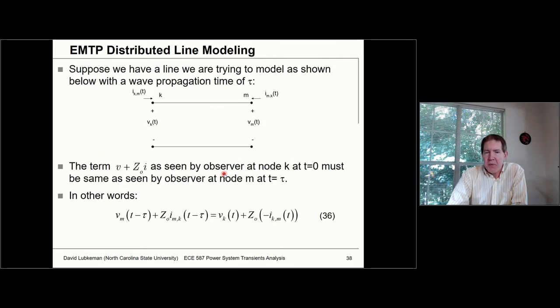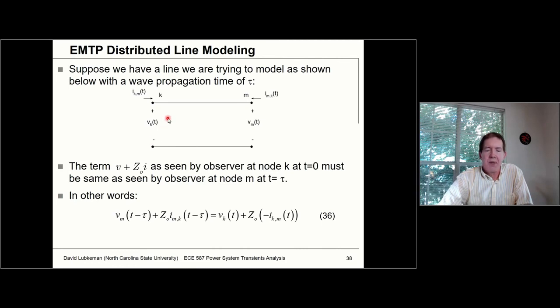One other thing I want to mention as far as the distributed parameter line modeling is in EMTP types of programs like PSCAD, the way this would get done would have to be compatible with using the trapezoidal rule, where we have these equivalent impedances and history terms for current. Without going into a lot of the detail for this, basically the way this works in a program